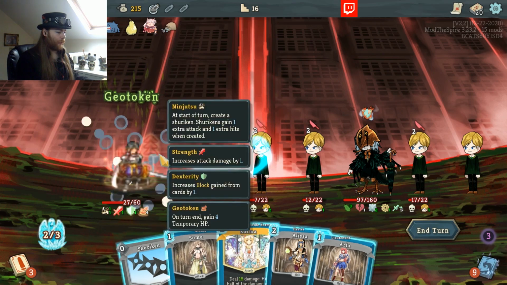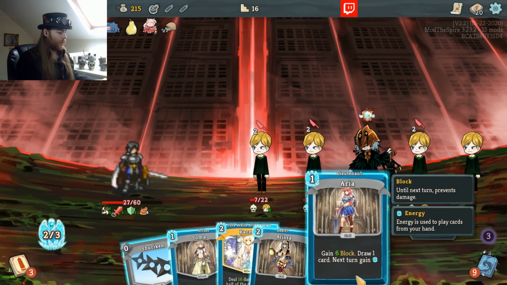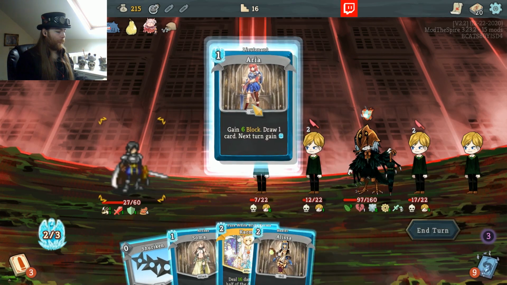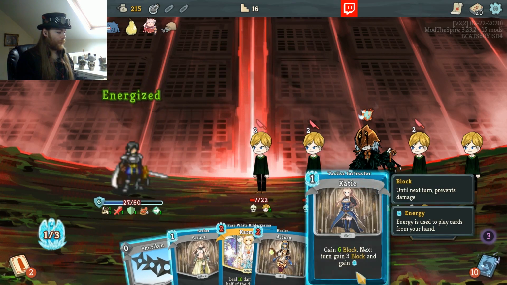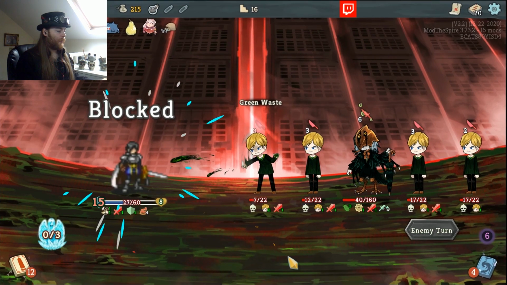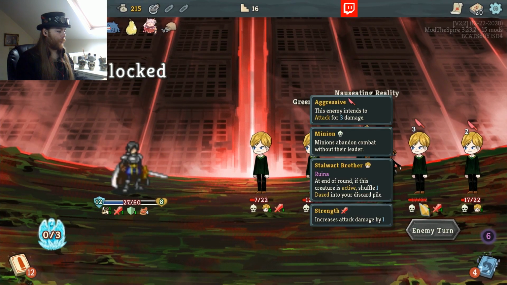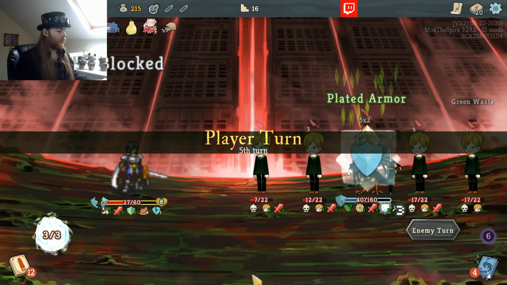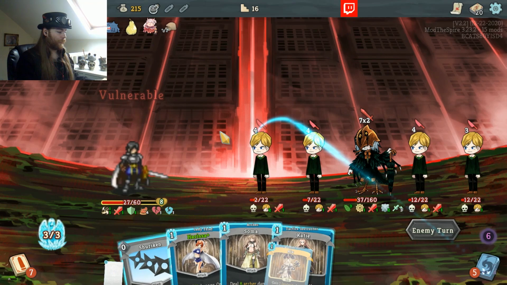Right. Sonara, give me the energy and whatnot. Next, you give me all the block I need. Perfect. Okay. I think I should be more than capable of dealing with this. But now I'm vulnerable. So...